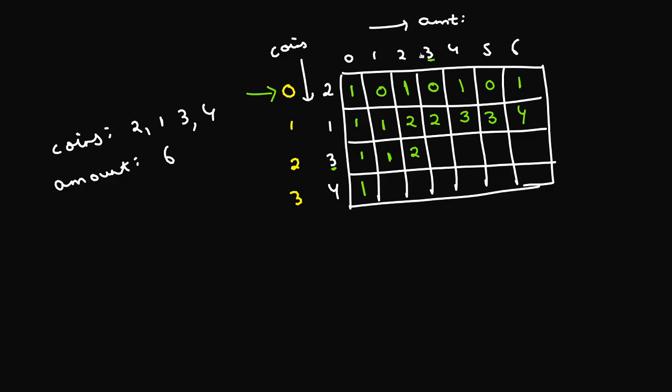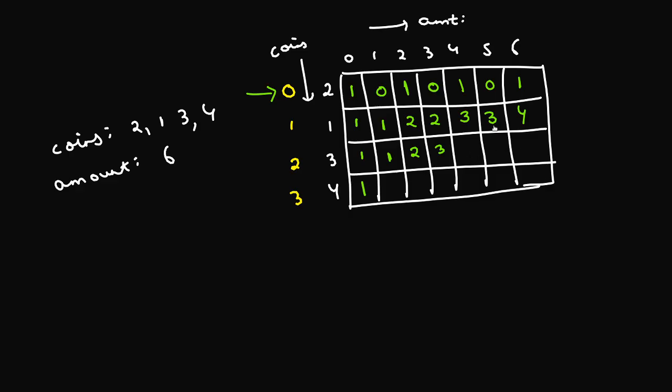So if I use this coin, that will actually take me to 3 minus 3, which is 0. So that's equivalent to, now I have access to all these 3 coins and I have to make an amount of 0. And how many ways are there to do that? One way. Okay, so the answer is going to be 1 plus, if I don't use 3 at all, that means I only have these 2 coins, 2 and 1, and I still have to create the amount of 3. The answer of which is stored here in 2. That's 1 plus 2. That's 3. Okay. So I'll just write a 3 there at this particular block. So this is going to be a 3.